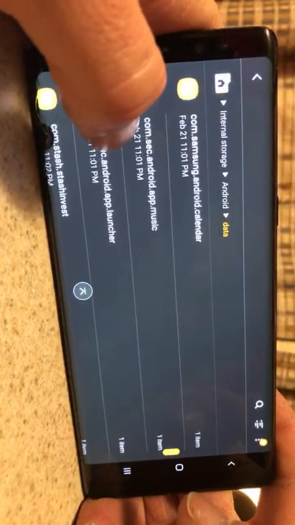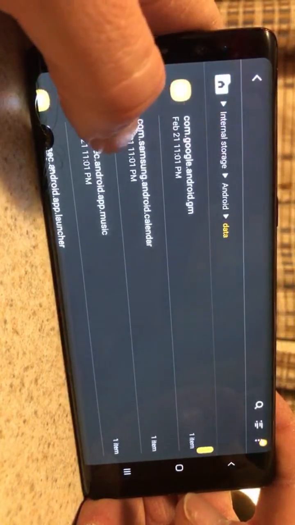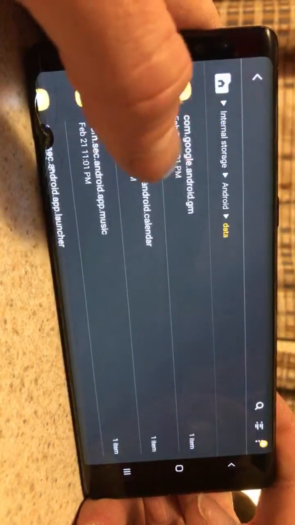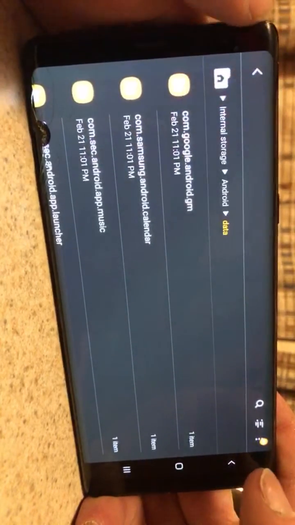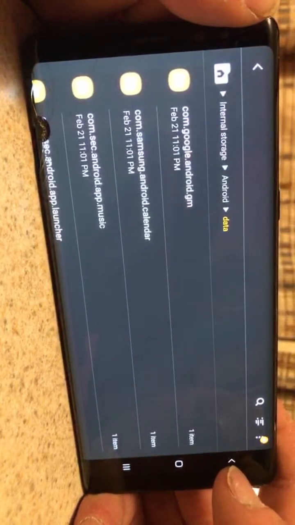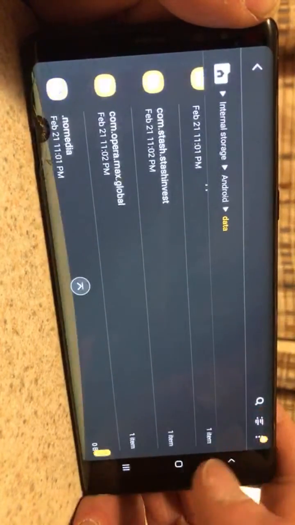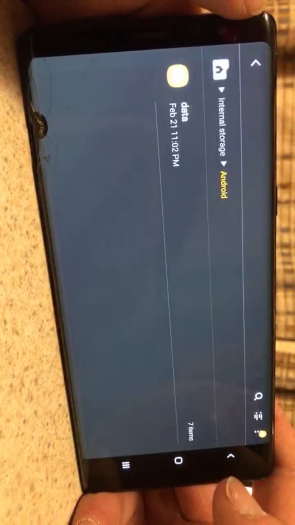Okay, and I think I did open something else. I forget which one, but it wasn't music or calendar. It wasn't Google GM. That's probably Gmail. So they're opening up those so they can get into the. They're probably not opening them, probably just moving around. As soon as they do, it's going to create a folder, so that's what's happening with these.